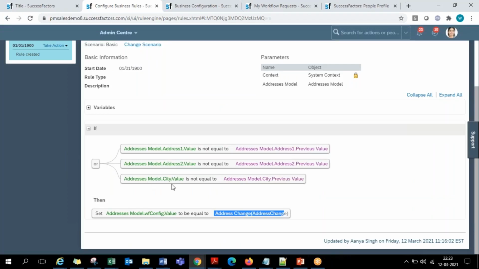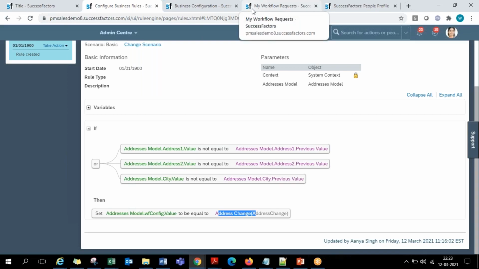If any of these three fields change, I want the workflow, so write the conditions on it. If the system identifies a change in any of these fields, it will trigger the workflow and go to the approvers one by one, with options like approving, sending back, and delegation. Any questions here, guys?